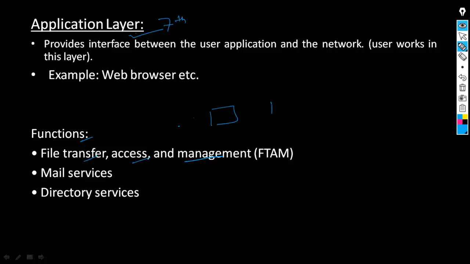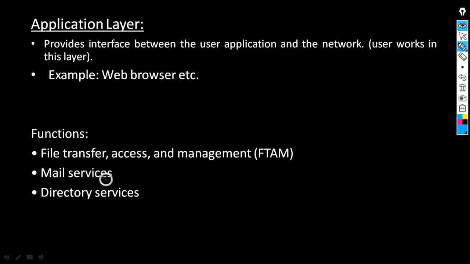Let's say we have two computers connected with a cable and we have a user connected with this PC and a user connected with this PC as well. So the application layer will allow the user to access the file which is present in this computer. So the user can access and manage the file in a remote computer.